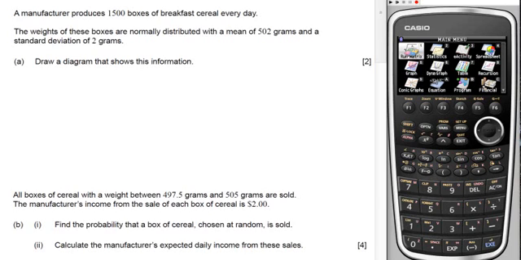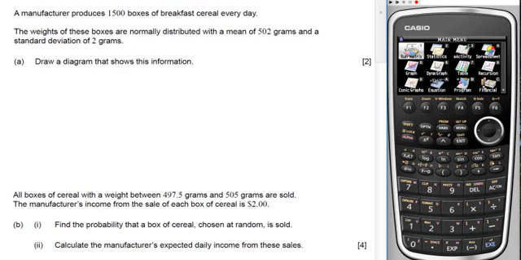One of the most difficult questions, it seems, on the recent mock exam involved one of the more straightforward questions as far as the use of the GDC is concerned. So let's have a look at it now. The question starts, clearly it's to do with a normal distribution, and you should be in a position to identify